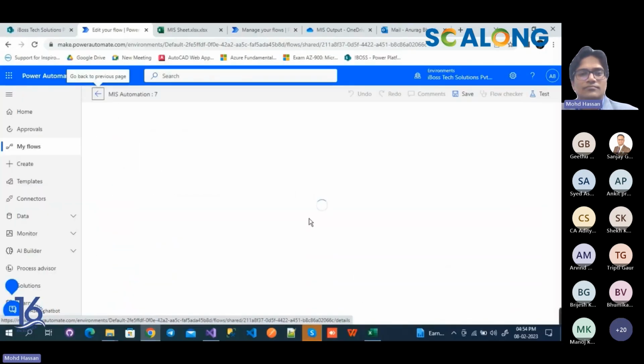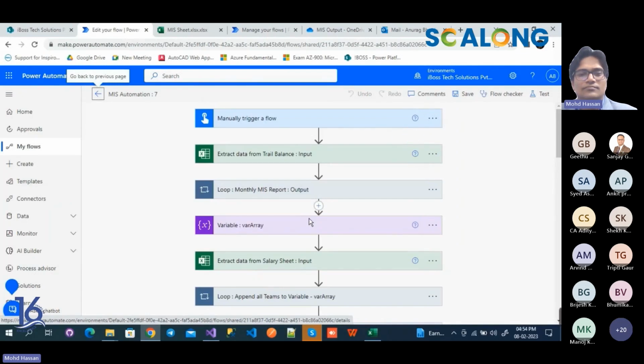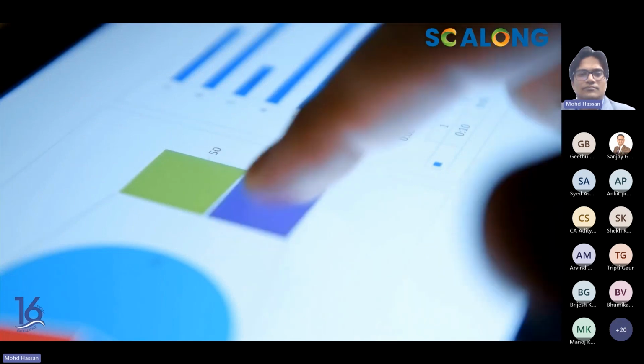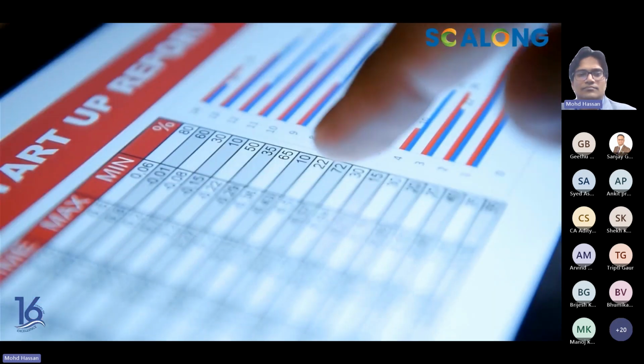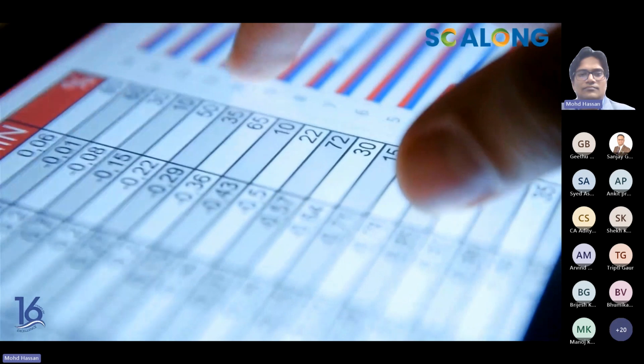We can create a workflow that will eventually automate our management information system reporting, increasing the level of calculation accuracy and streamlining the approval process, while keeping the management updated about the output being generated via email.